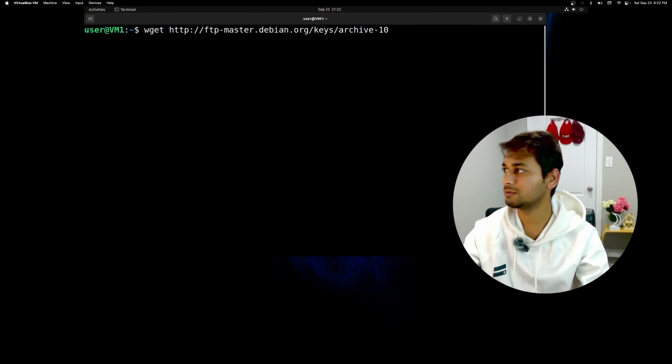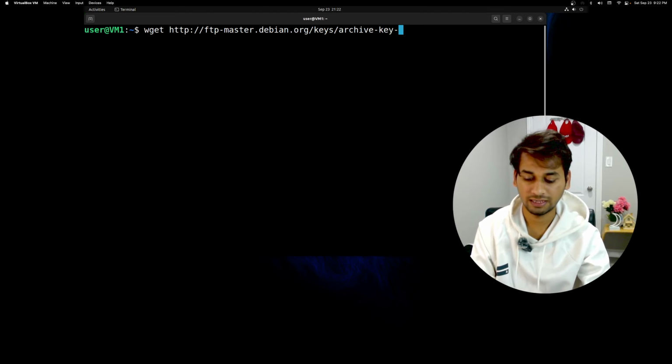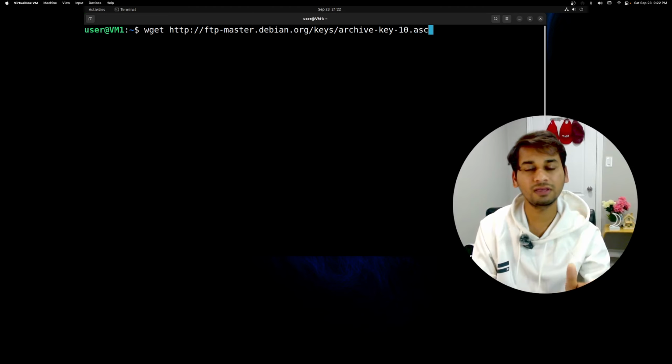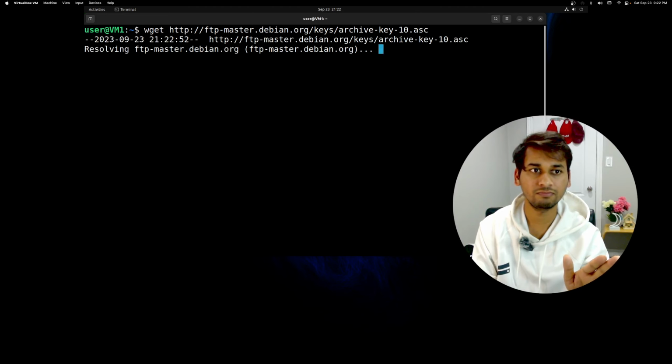Let me check the name of the file with which it was downloaded. Archive key dash 10.asc. And when we run this command, it will download it directly in the current directory,